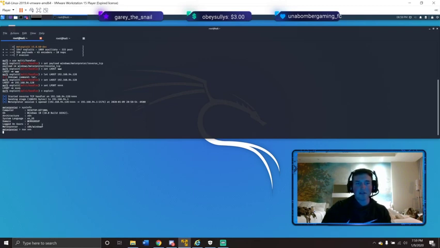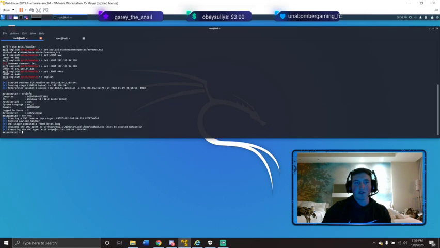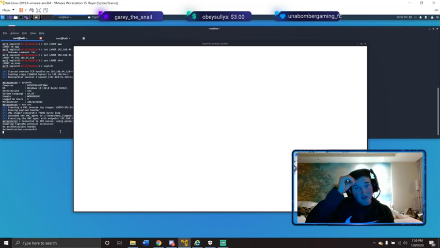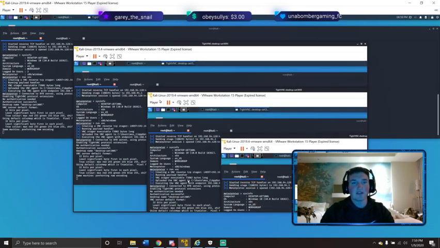So we'll run VNC. Now this is going to start looking real weird because I'm running it all on the same machine, but you'll see here in a sec. We'll just have to wait for it to load up. But you'll see what I mean when I say it starts looking real weird. Okay, so this is our VNC. Okay, so it looks real weird because it looks like I'm on like 5 machines. But what it actually is